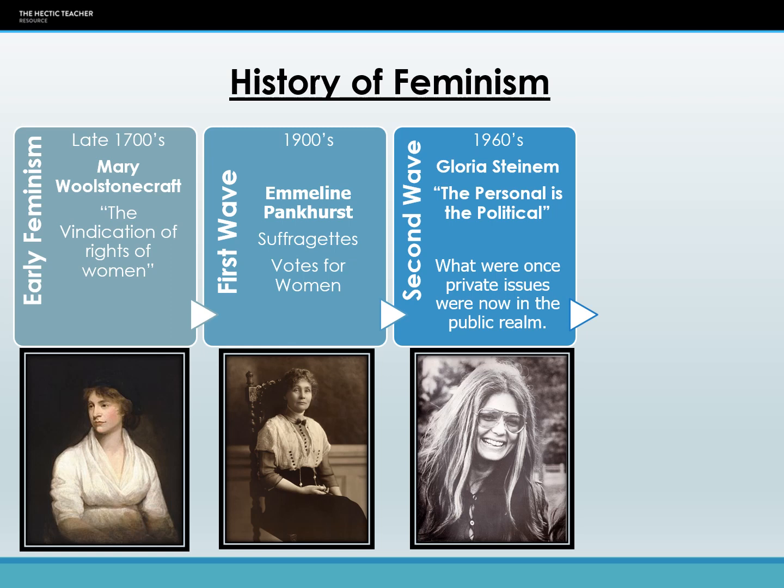Or make the private political, and what they meant by that was to discuss women's issues that were happening in the home: domestic violence, marital rape, abortion, contraception, all of these things, or bodily autonomy of women, and start a discussion about them and try to give women the rights to have autonomy over themselves. And some of this they were successful with.